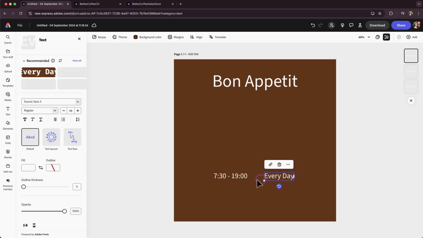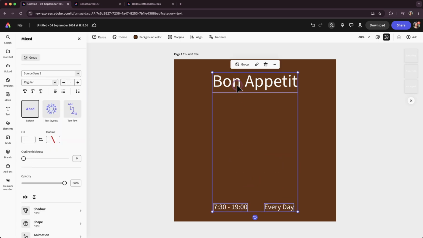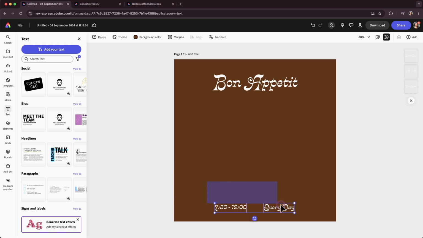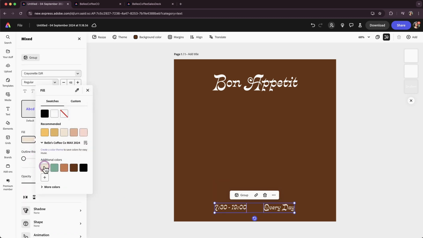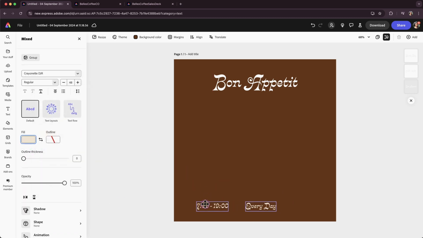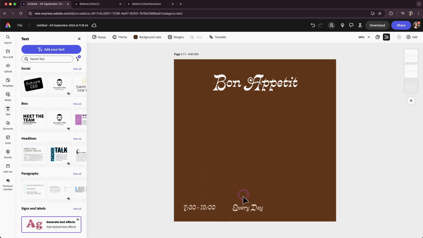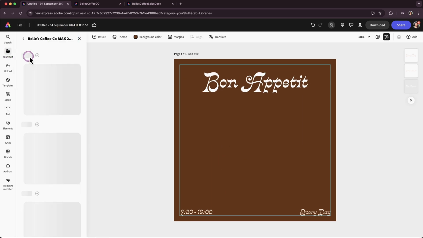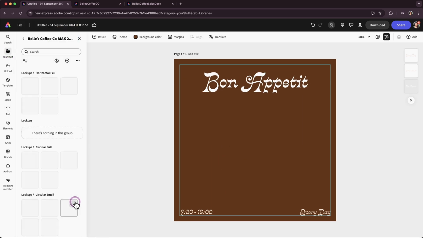Now select the text elements and change the fill color to a brand color and edit the fonts. Toggle Show Margins on to align your text. Then, incorporate branded elements like the brand logo and some graphics.